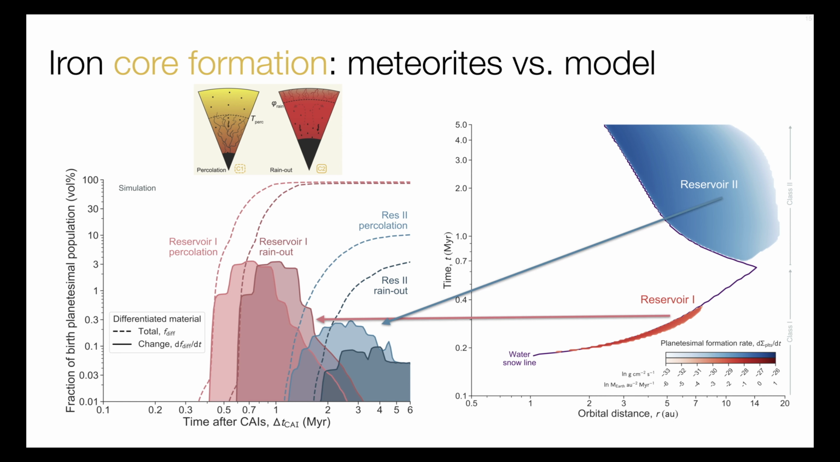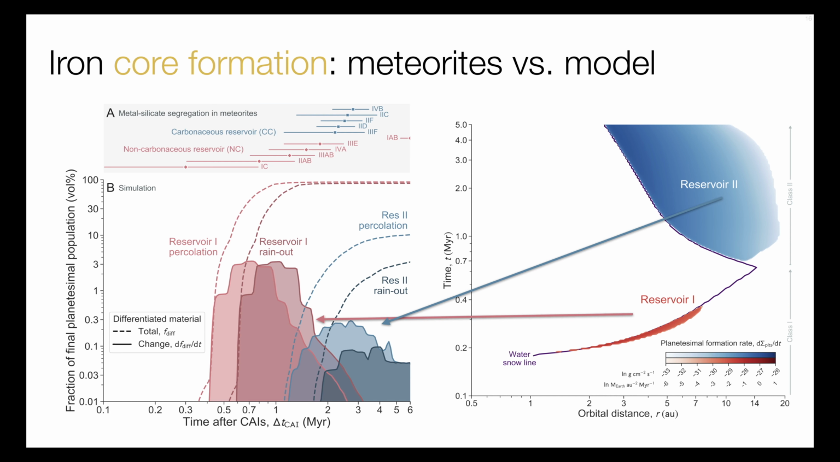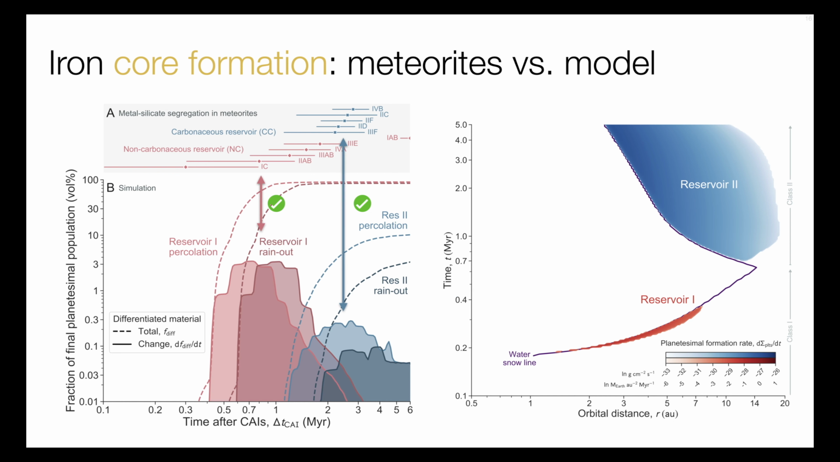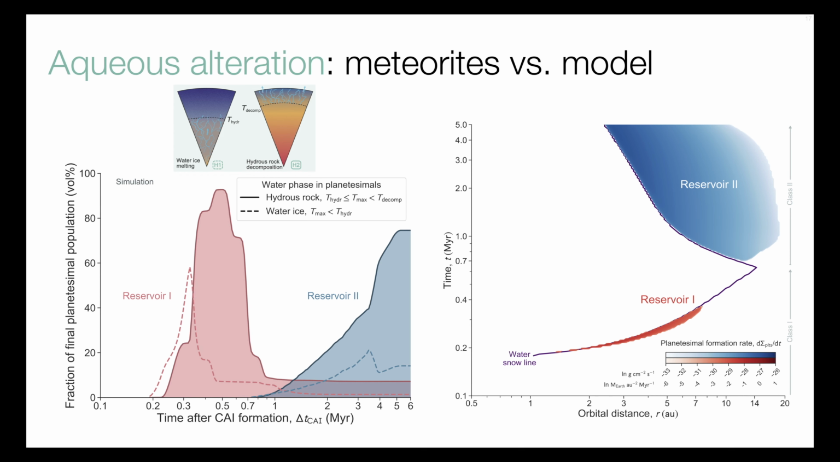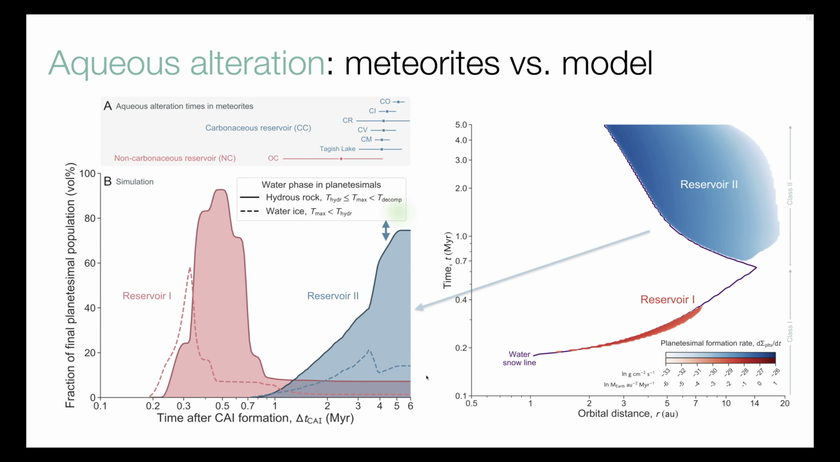On top, you see the ages of metal silicate segregation in the NC and CC record from meteorite measurements. In our simulations, reservoir 1 reproduces the clustering of the ages within the uncertainties in the NC reservoir. Reservoir 2 reproduces the clustering of the ages within the uncertainties in the CC reservoir. This slide shows a similar comparison for hydrothermal activity. Reservoir 2 produces a peak at about 4 to 5 million years, which reproduces the clustering of aqueous alteration ages